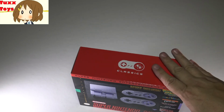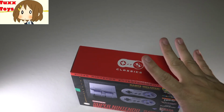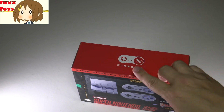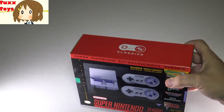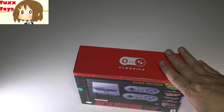And this holiday season, I want to say the Switch, although it was very hard to get a hold of at first, was obtainable this holiday season, but this bad boy really wasn't, you know. And Nintendo did release the NES Classic about a year ago, and of course that was just as hot too. Now I don't know if the future of classic systems will continue. Like, I don't know next year if they do a GameCube Classic Edition, if that will have the fanfare